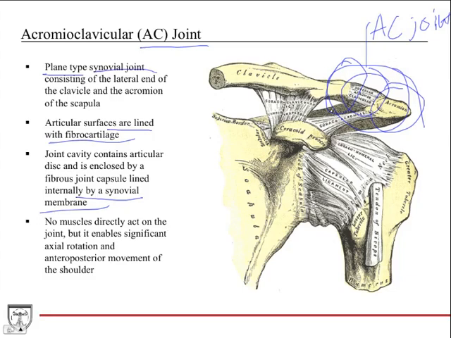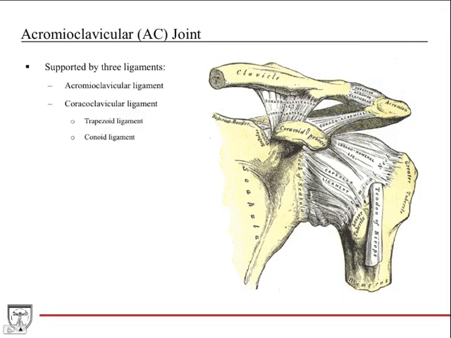So even though no muscles act directly, it further enables a lot of, if you'll notice, your shoulder has a lot of freedom of motion, and so this is one of the structures that helps enable that. It's supported by three ligaments, and these can be important: the acromioclavicular ligament, the coracoclavicular ligament, which is really just these two ligaments together,